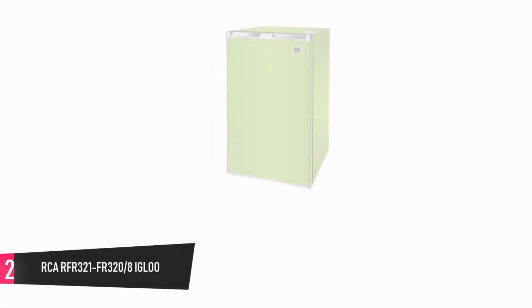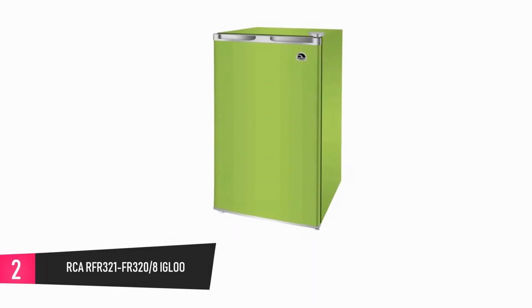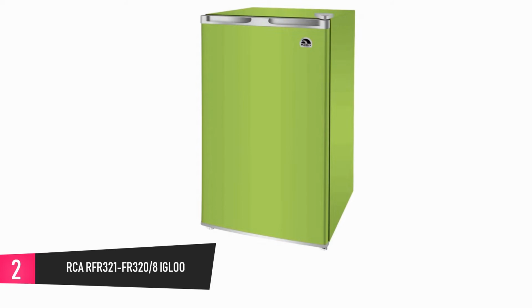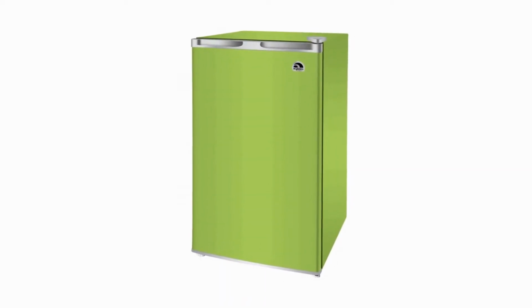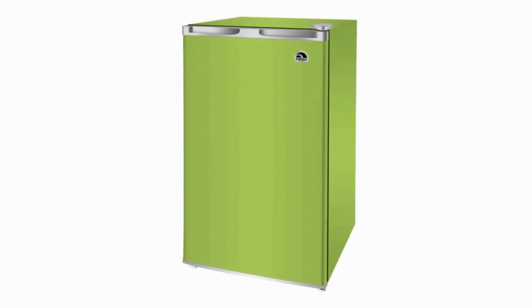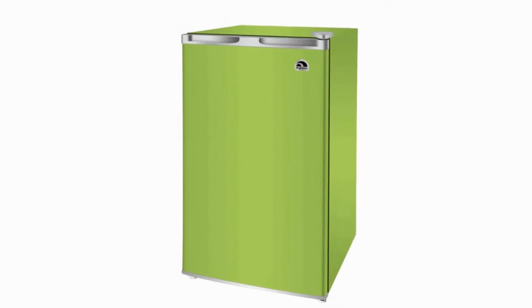At number 2, RCA RFR 321 FR 320/8 IGLOO. This mini refrigerator is unique from the others because it comes in numerous amazing colors. If you are not a fan of loud color, you can decide to go with the basic options like white and black. However, unlike its counterparts, it comes in a capacity of 3.2 cubic feet, implying that this fridge needs